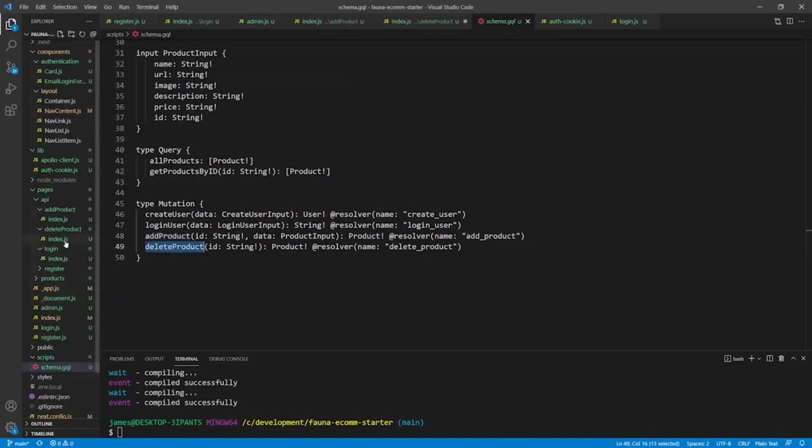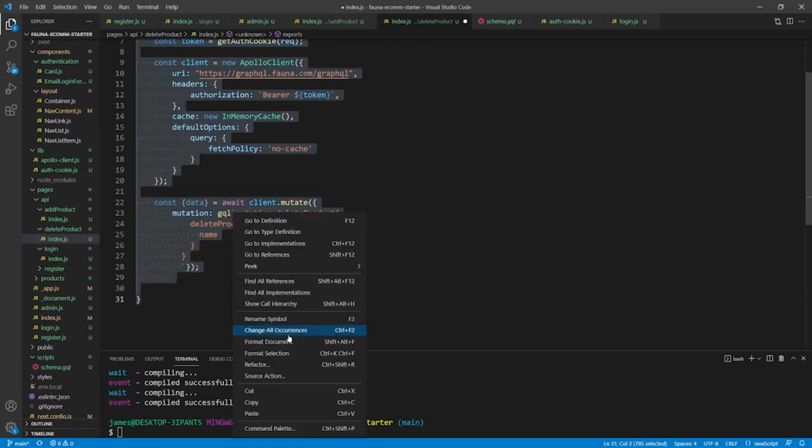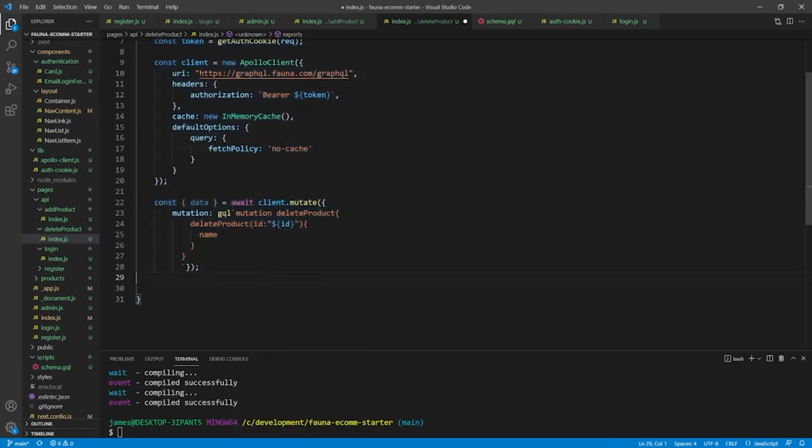So now we have that. What do we need to do now? Well, we need to say, hey, what happens if we do delete it? What happens if we don't? So we can just format this one more time so it's a bit neater and say, if data dot delete product. So if something comes back from this delete product,